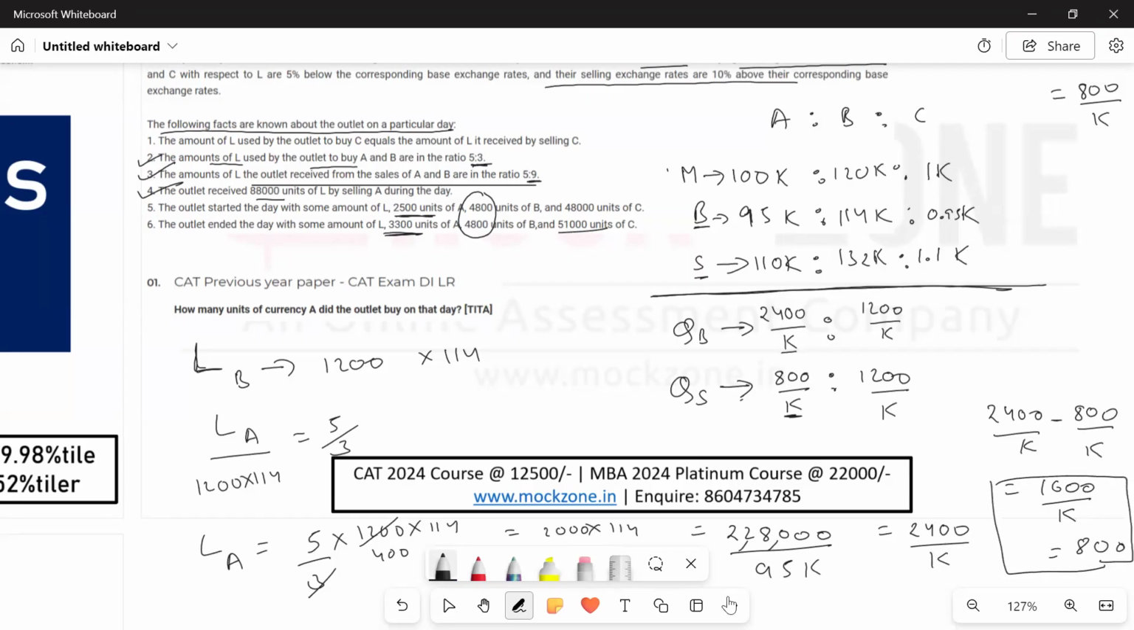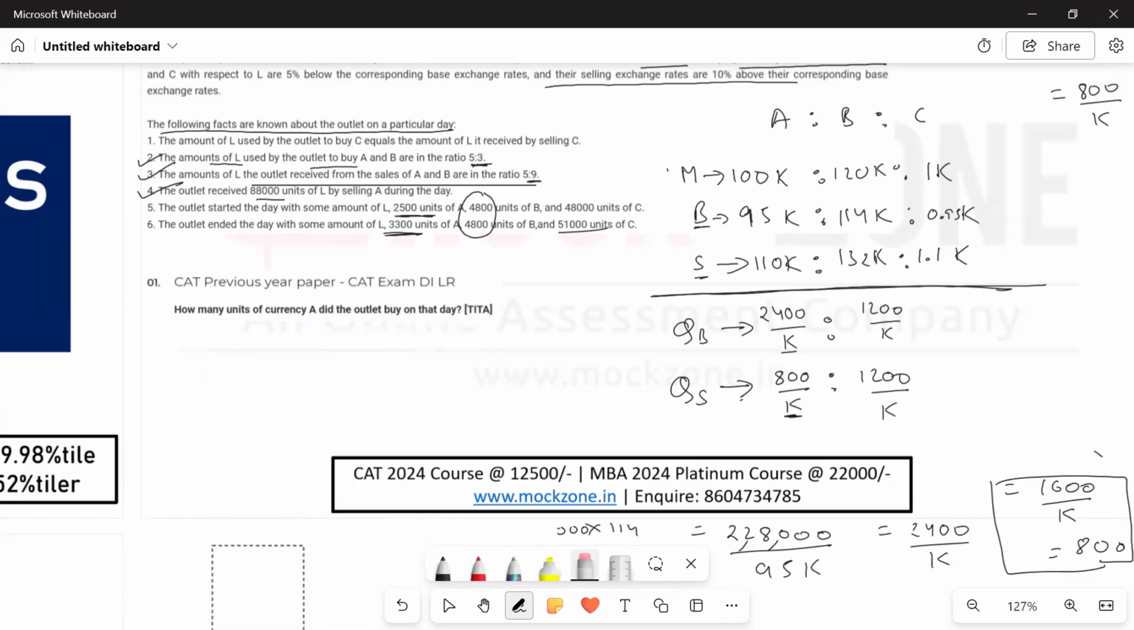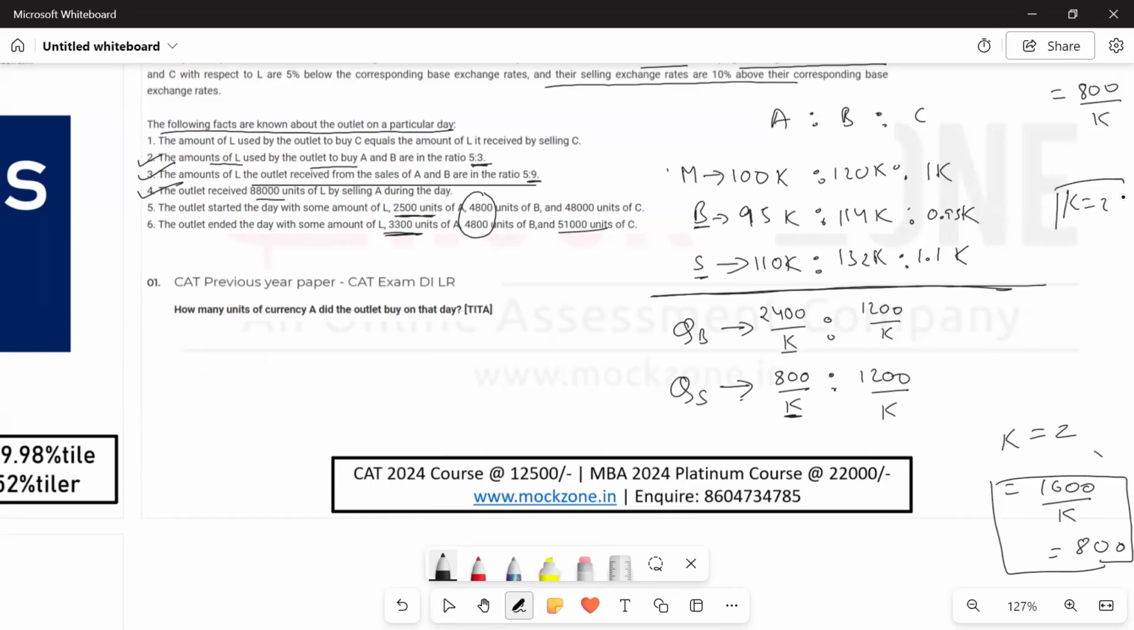So what is the value of K? If this is equal to 800, then what will be the value of K? So let's make space। ठीक है। So if 1600 divided by K has to be 800, then K has to be 2। We know that K is 2। K is 2। ठीक है।